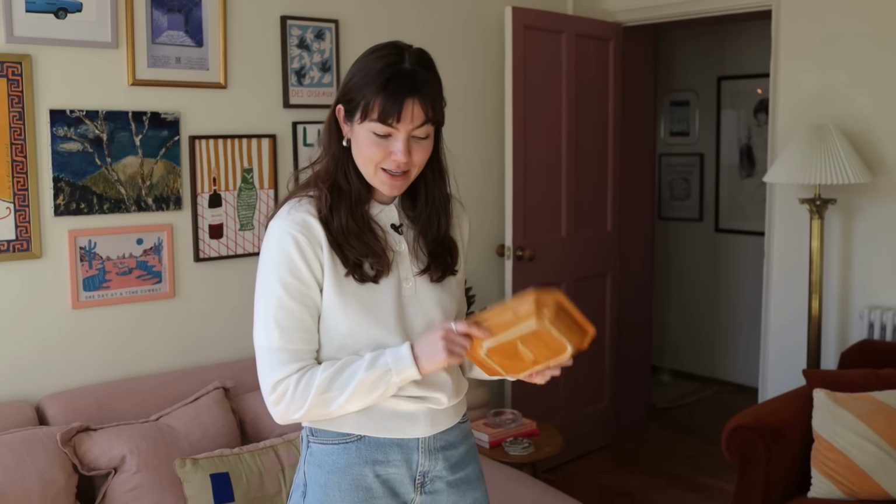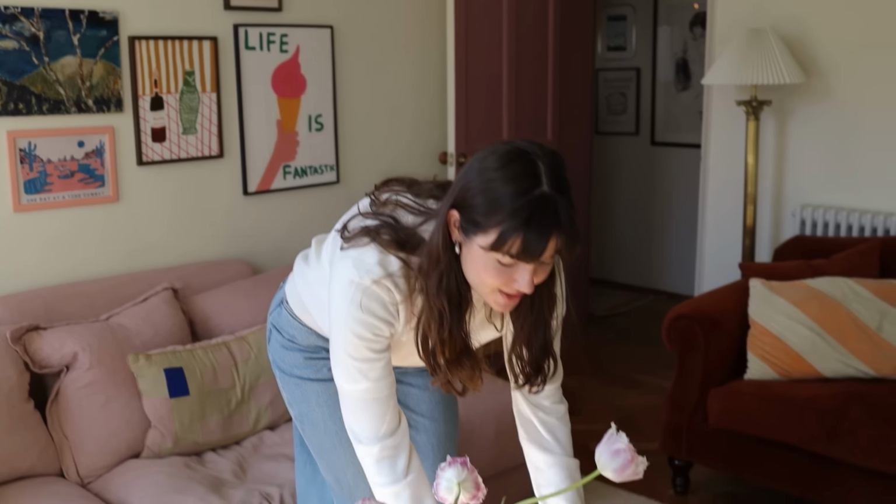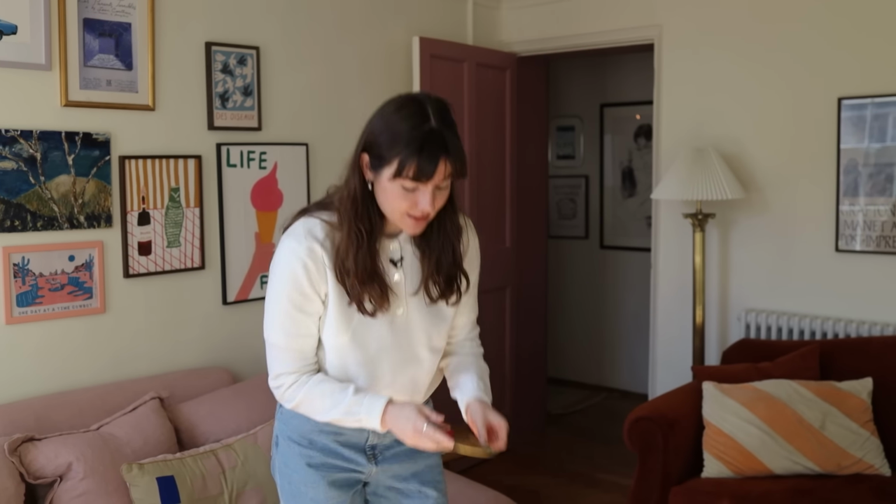So I was very happy when I found a place for it, because I feel like I often find things secondhand and I really love them, and then I just don't know where I'm going to put them, and I kind of just hope for the best with it, which is also true of this little gold